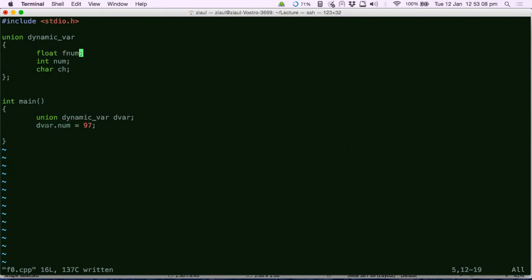So this particular line here is similar to you opening up the room, going inside and putting something in the room. But here you are calling out the person, that the integer person should come up and pick up this data now. Because the room has 3 members: an integer, a float and a character. Now you came inside and you are trying to place something there. And to whom are you giving that data? You are giving it to num, right? You are saying dvar.num equals 97.